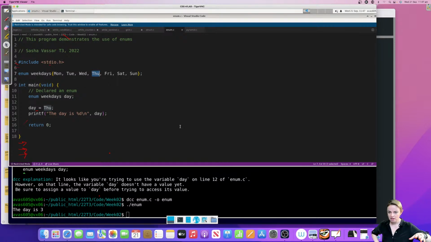So then you can have a bunch of related constants that are grouped together, because they have to be related. They can't just be random things. It's basically a custom data type. So you're creating this data type. You can also have states, so you can have success, failure, whatever. You can have those types of different things.